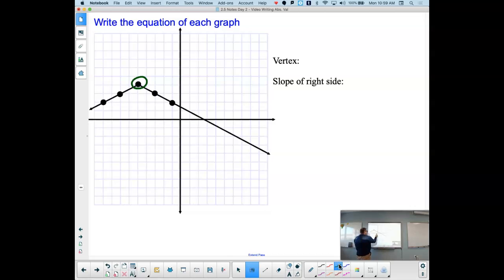So I have the vertex at 1, 2, 3, 4, 5, negative 5, comma 1, 2, 3, 4. I have the slope of the right side as I'm rising negative 1 and I'm running positive 2. So I have the slope of the right side as negative